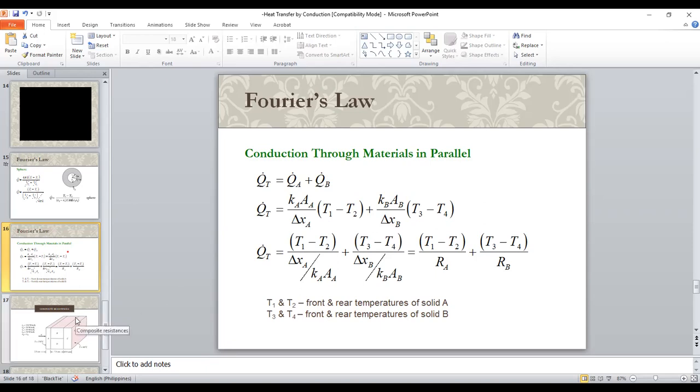Okay, so this ends the topic on conductive heat transfer. Do you have any questions so far here? I will stop sharing. I have already shared the